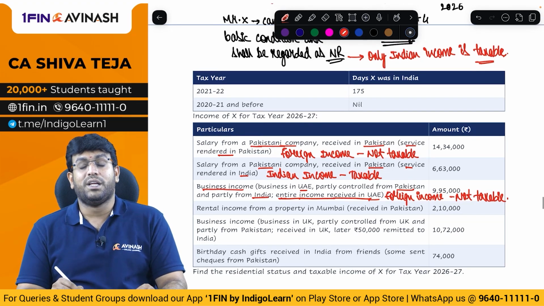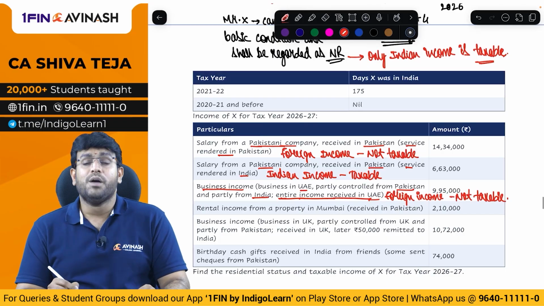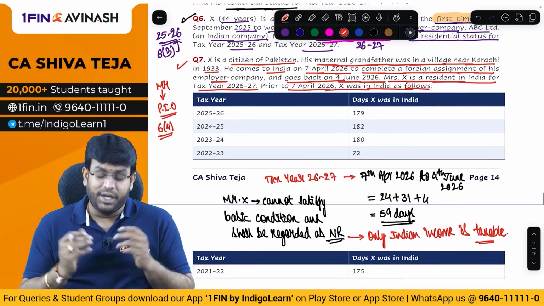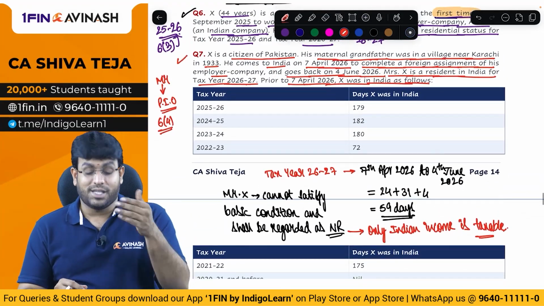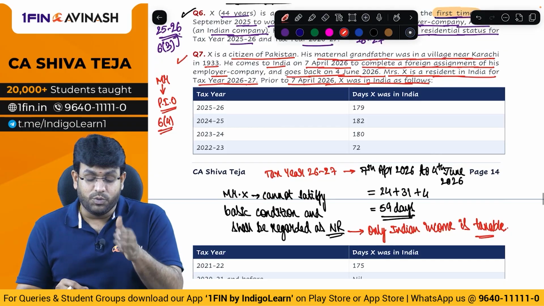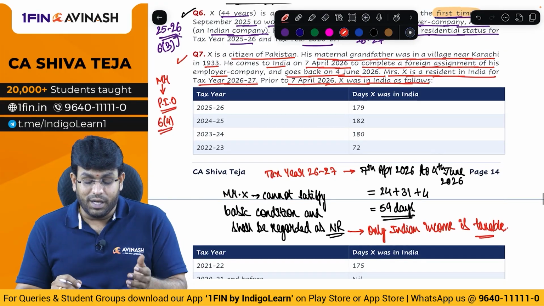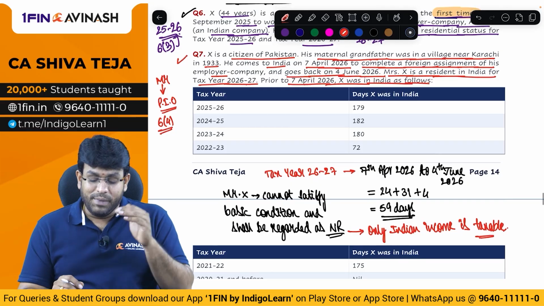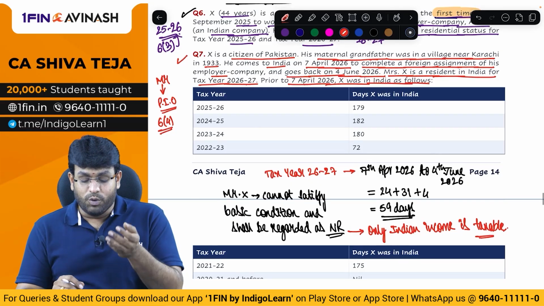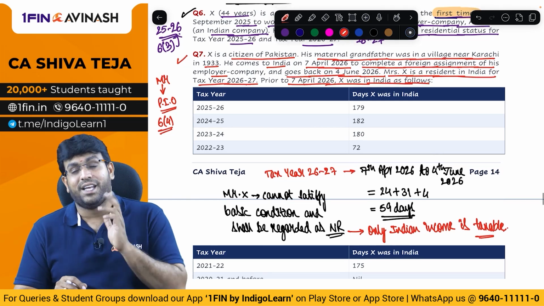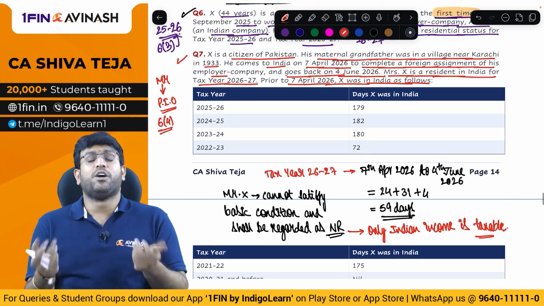it is not taxable. The reason being very clear that business income controlled wholly or partly from India, professional income set up in India, it is taxable only in case of RNOR. But in this case, our friend is a non-resident because he has come to India on 7th April 2026 and he goes back on 4th of June. So in April he is there for 24 days, May he is there for 31 days, June is there only for 4 days. So technically he is there only for 59 days. So he cannot satisfy any of the basic condition.